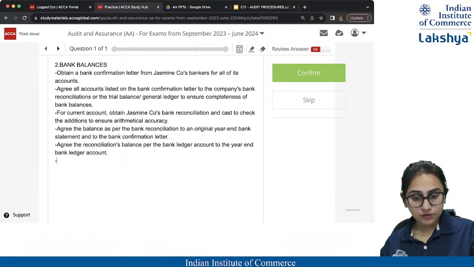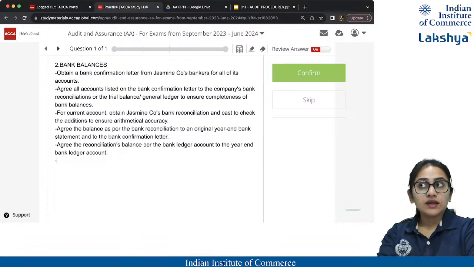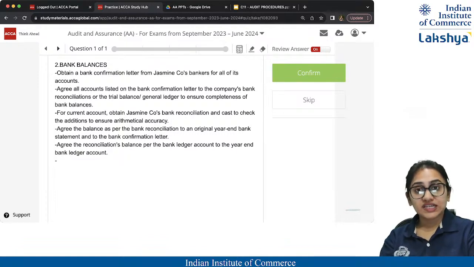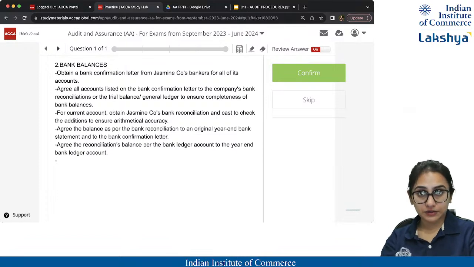What else can you do? If somebody gives you a check and for a very long time you don't present the check into the bank, the check gets expired. Yes, so you need to write back those checks. So that is a very important point in bank balance, because a lot of times the check just goes out of expiry and then you cannot produce it into the bank. So